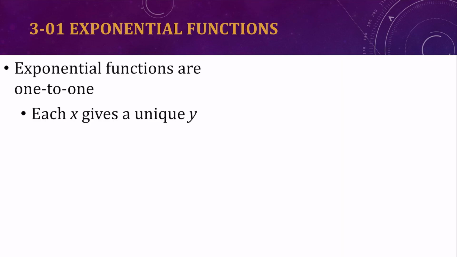Exponential functions are what are called one-to-one, which means each x gives a unique y. To be a function, each x can only go to one y, but multiple x's could go to the same y. To be one-to-one, each x goes to a different y. So the x's are not repeated and the y's are not repeated. That allows us to solve